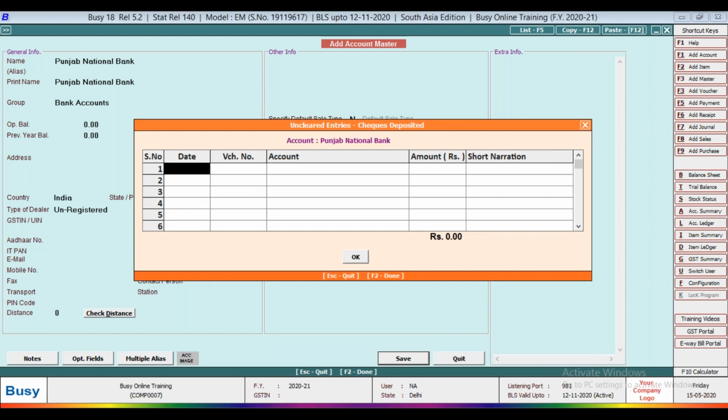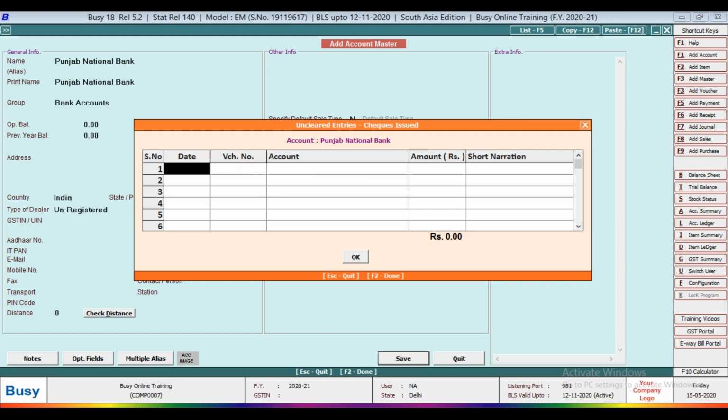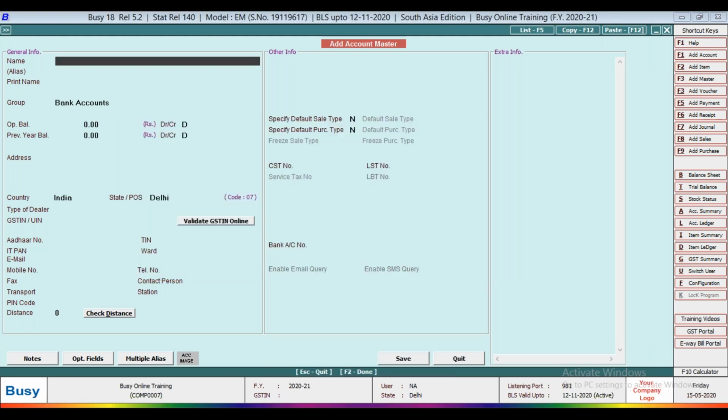If you have any opening uncleared entries from last year, you can define the entries here. If it is not available, then press F2. Check issued. If you have any uncleared entry, check issued, whatever you have issued, then you can define opening uncleared entries.